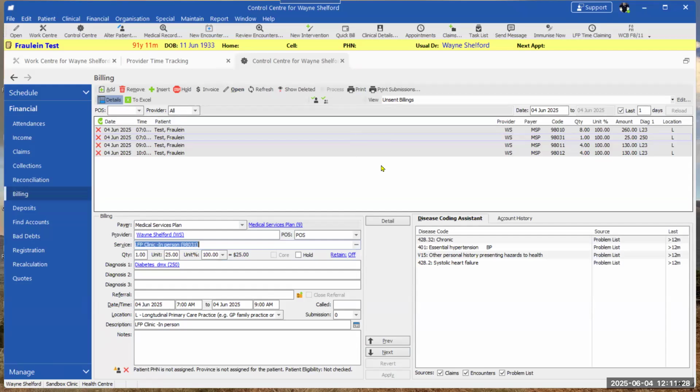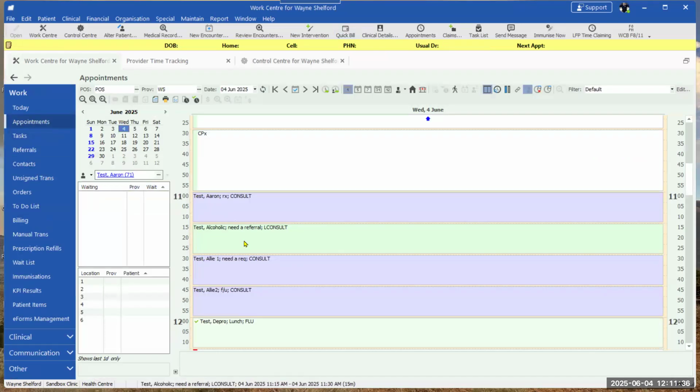Okay, the next aspect we would like to show you is the quick bill. So let me just go here to appointments. Say, for instance, you want to do a quick bill for just one patient. And Param, if you just want to show us just normally how the quick bill is working to submit billing for one single patient. You can just click on your appointment date and time.